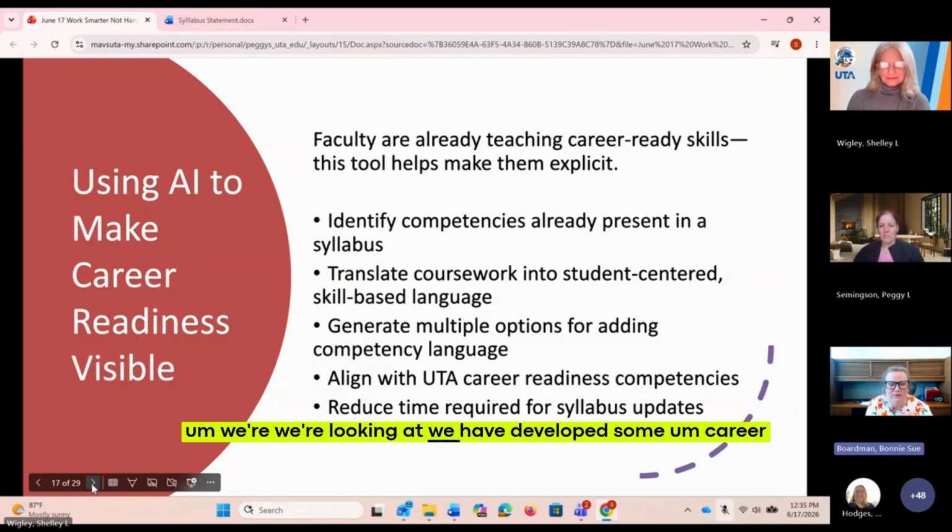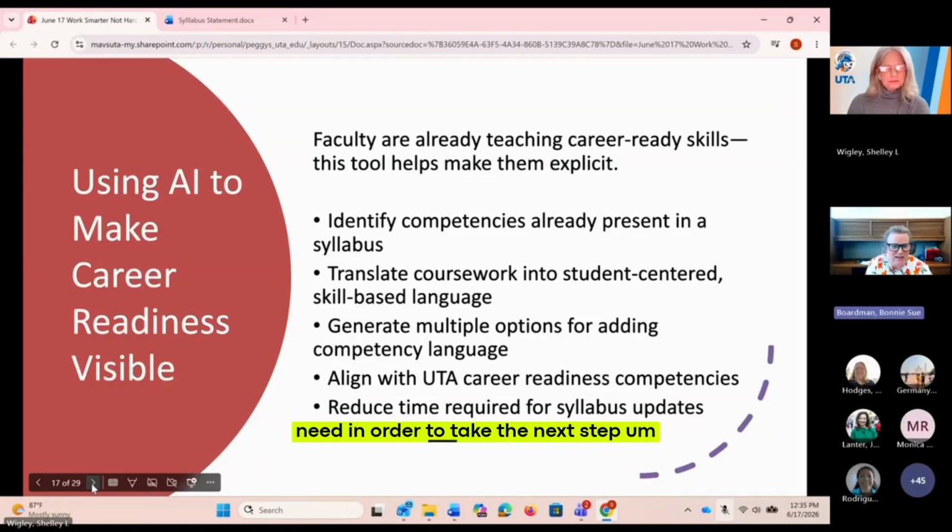We have developed some career-ready competencies. So some things that students need in order to take the next step in having a successful career. We've developed a set of competencies as well as definitions for those competencies and behavioral indicators for those competencies. So what does it look like for students or people in general that are learning these competencies and advancing in